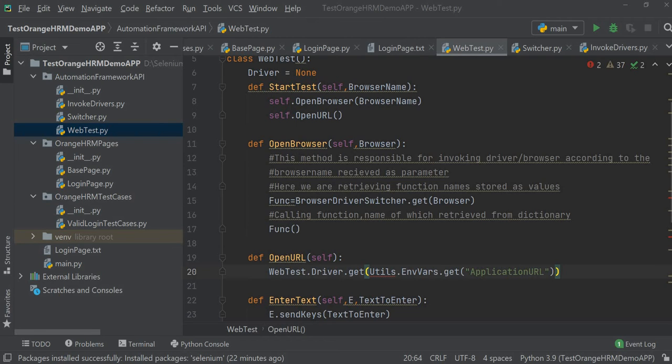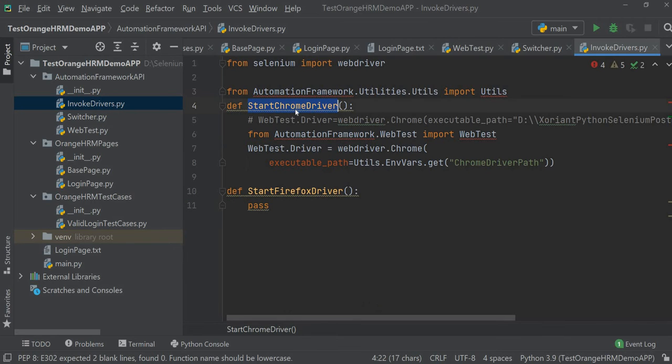Open URL, how to implement this open URL, and also in our start driver functions, like here invoke drivers. So we have got these functions, start Chrome driver, which will start the Chrome driver, isn't it? Now the point is, this function needs the path of the driver to start. So here we are calling the web driver's Chrome class constructor, to which we are sending one executable